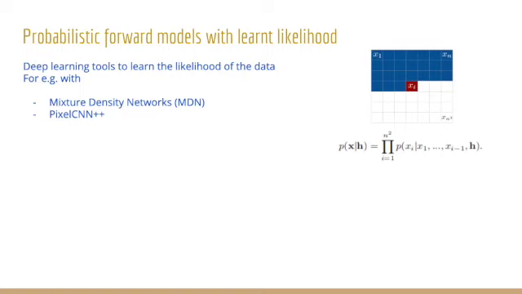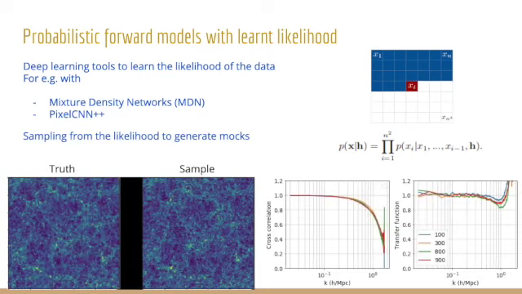So you're no longer restricted to a diagonal likelihood. And when you combine it with mixture density networks, you can go beyond simple Gaussian models. You can use Gaussian mixtures or any other parametric likelihood that you're interested in. This is just showcasing, and then once you have a likelihood, you can also sample from it to generate mock